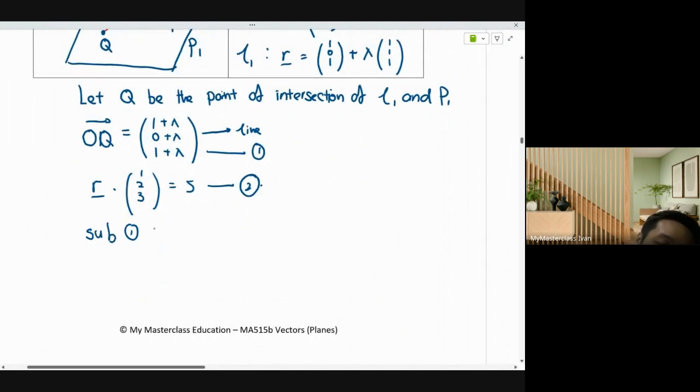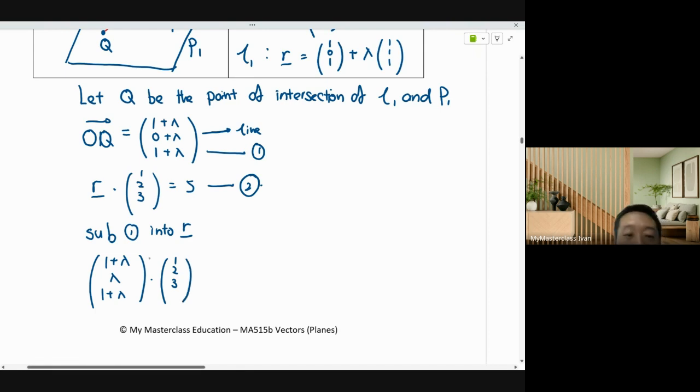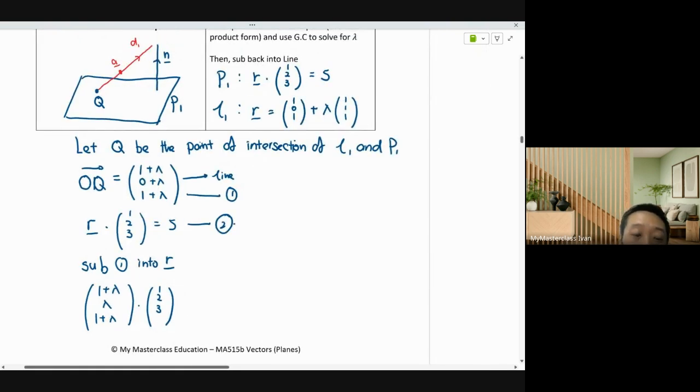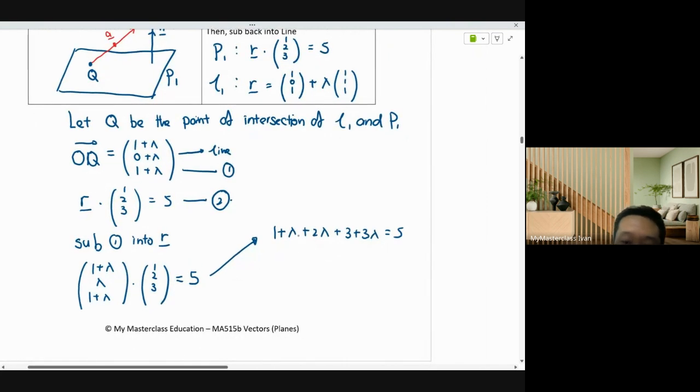Sub equation 1 into your R. This means (1 plus lambda, lambda, 1 plus lambda) dot (1, 2, 3) equals 5, because Q is a point on the plane. Now you write 1 plus lambda plus 2 lambda plus 3 plus 3 lambda equals 5. Six lambda